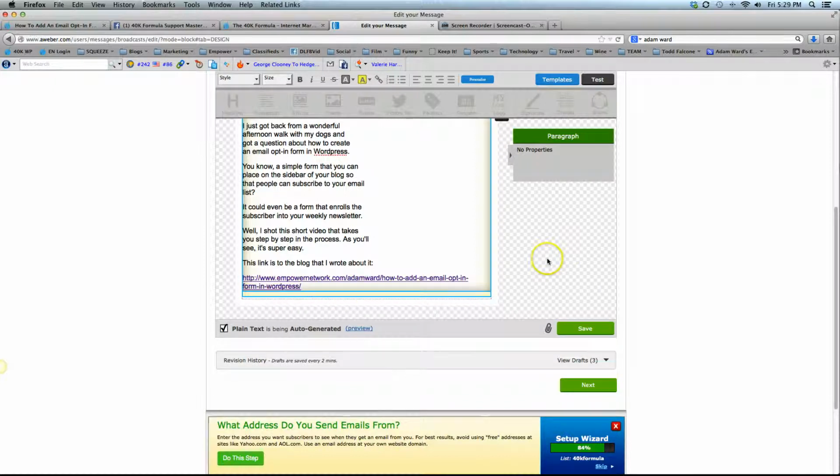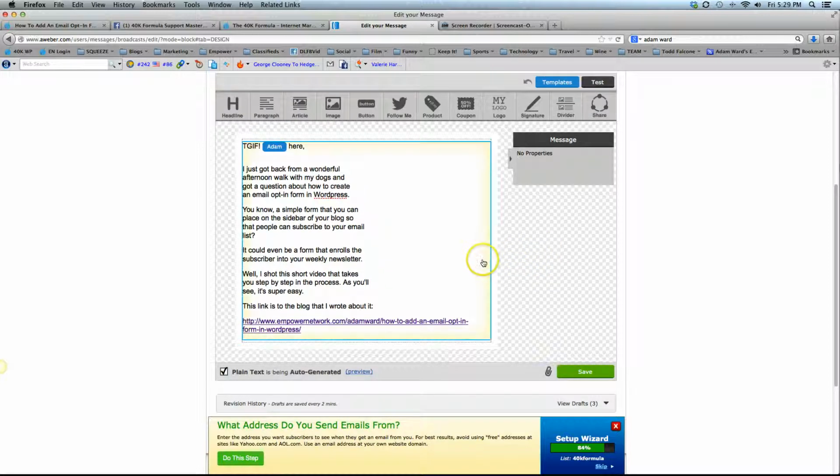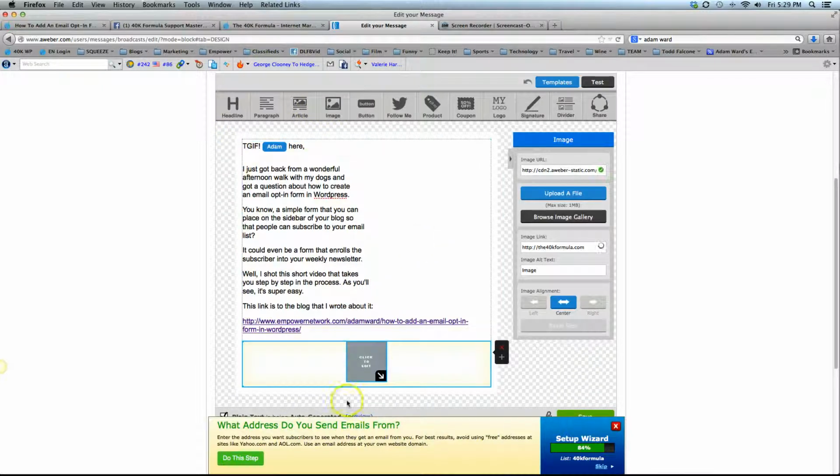Okay, so we're going to get out of there. Now we're going to create a picture. And this is really cool. And this is one thing that I've been wanting to add to a tutorial here. So here goes. So we're going to bring the image down here. Okay, so you'll see once you drag that image icon down there,